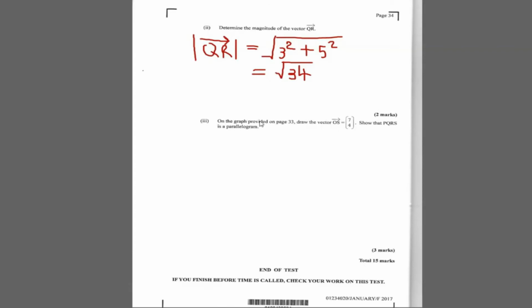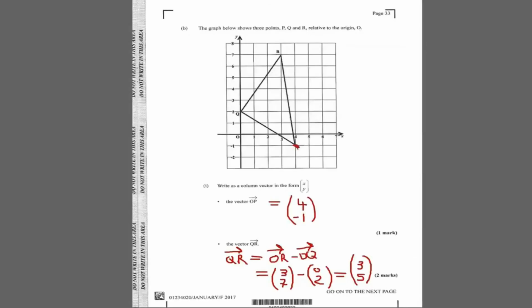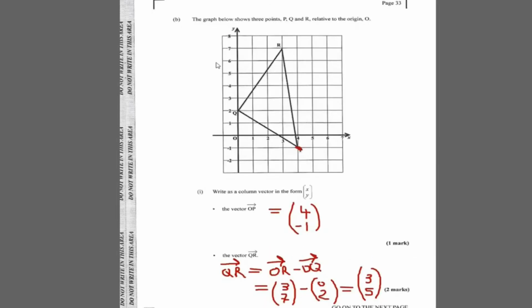It says now, on the graph provided, draw OS, which is 7, 4, and show that PQRS is a parallelogram. So OS is the point 7, 4. 7, 4 is right here. This is the point OS. And then we need to show that